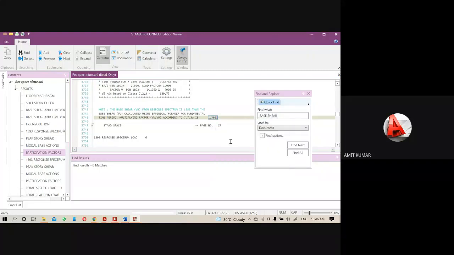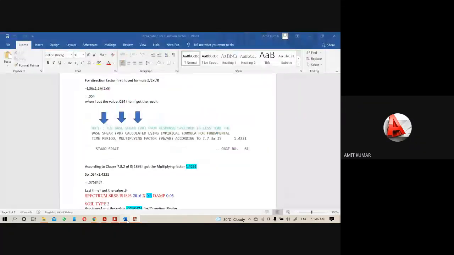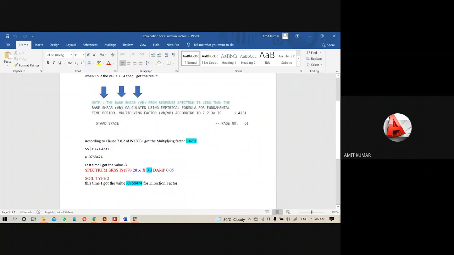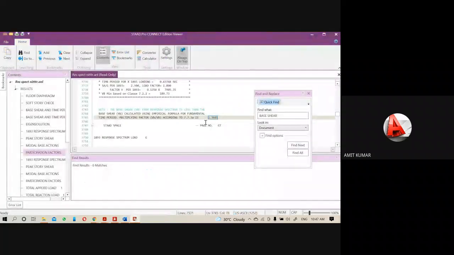That means now we have to change the factor value. The 0.054 was calculated by you, then multiply it with this factor which is calculated by the software. This time I am getting the value 1.3681.